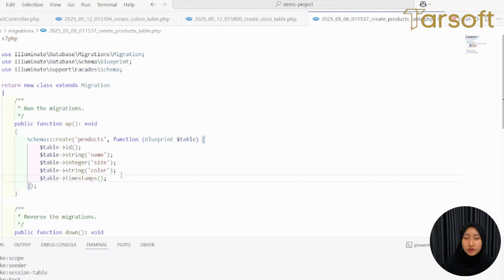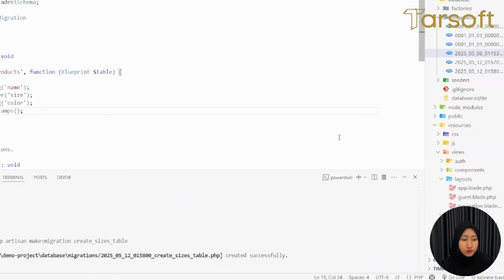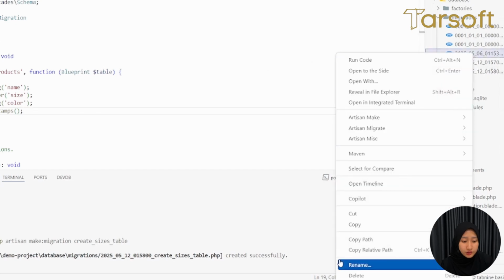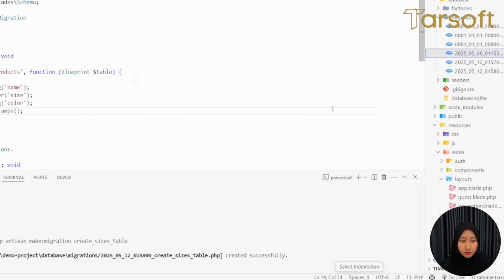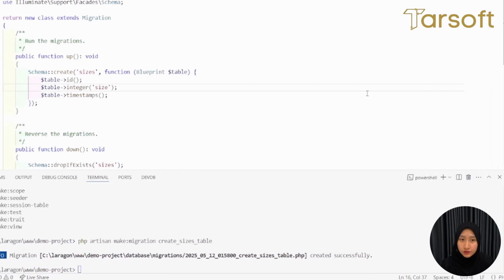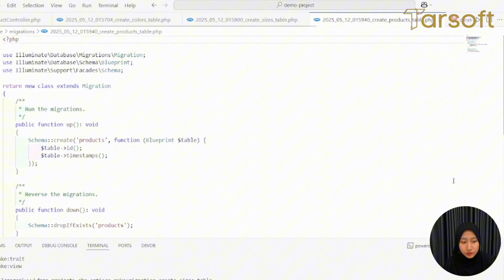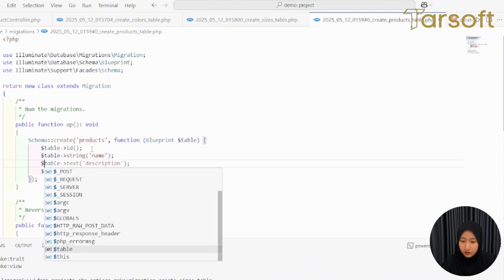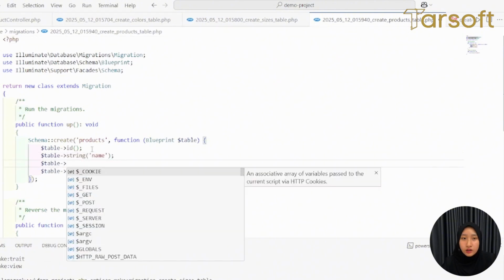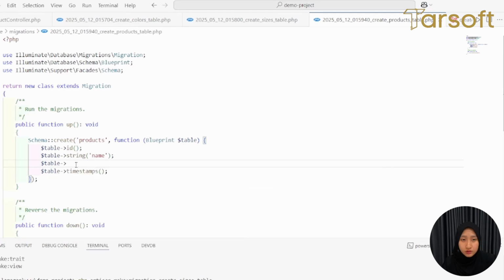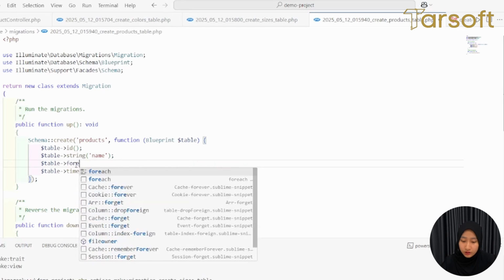Now in Laravel migration, it is going to migrate from top to bottom. So we need to delete this migration and make a new one, which is after the color and size. So let's make a new products table. And in this table, we are going to have name, then table. And in here, to link, we are just going to get the foreign ID from the color and size. So foreign ID,